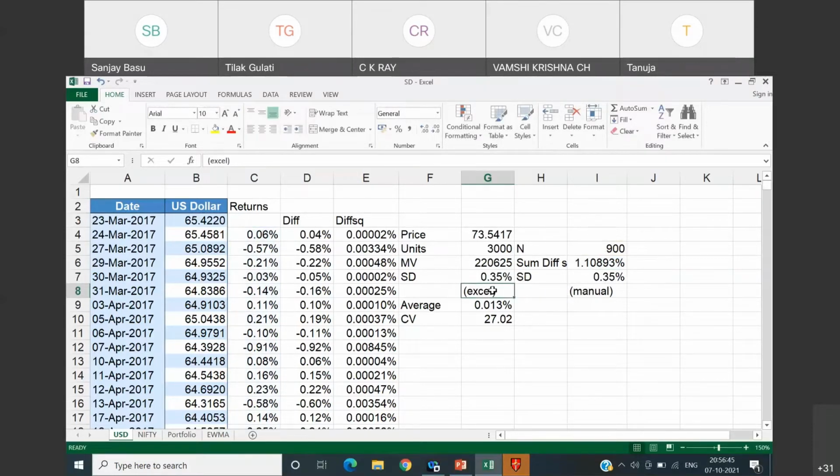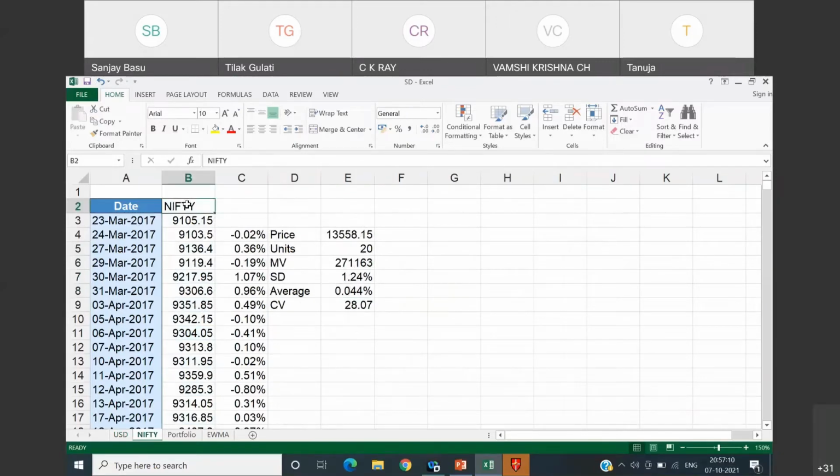So therefore, now a comparison of risk profiles is somewhat easier for you. If I ask you, ladies and gentlemen, between these two securities, 3,000 US dollars and a basket of Nifty, right? The most traded, the most liquid shares in our country, which position is riskier? To compare these standard deviations.